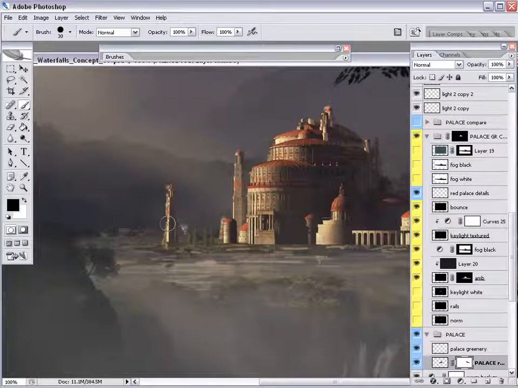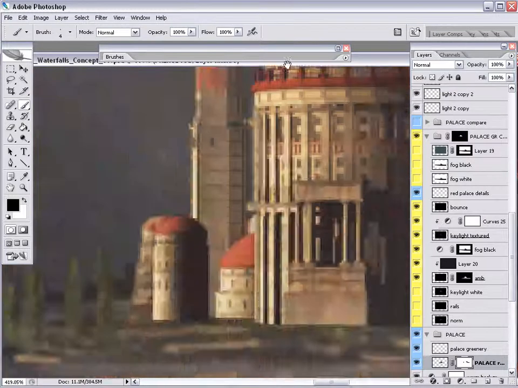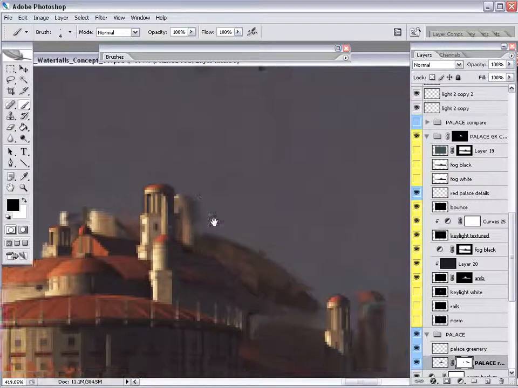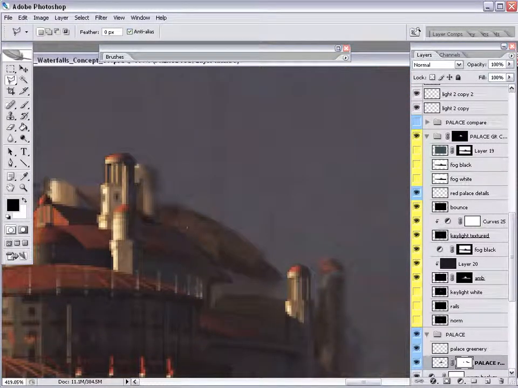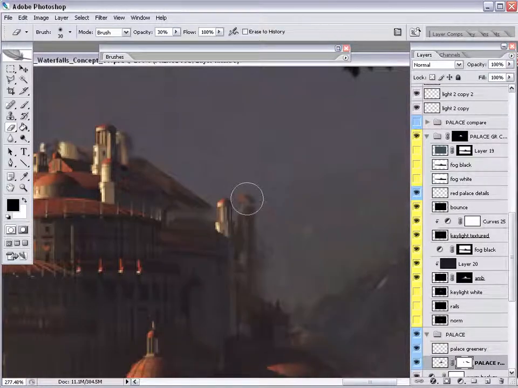So now what I'm doing is I decided that I'm going to keep a little bit of the palace that I've painted from the concept art. I'm just going to clean up its edges. And in parts, I'm going to actually just erase it completely, but what I want to do is I just want to clean up some of these edges on the rooftops in the rear here. I'm just going to keep that. I like the complexity that it adds to the whole model, but this way I don't really have to go back in there and add to the model and re-render my passes. I'm going to get rid of some of this other stuff, which